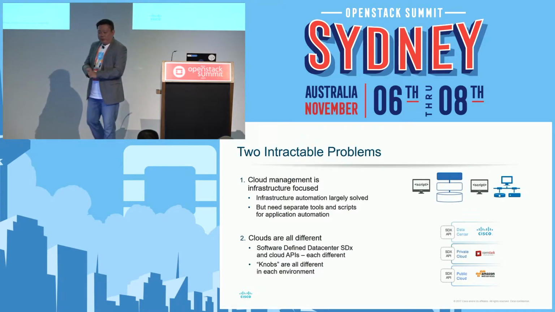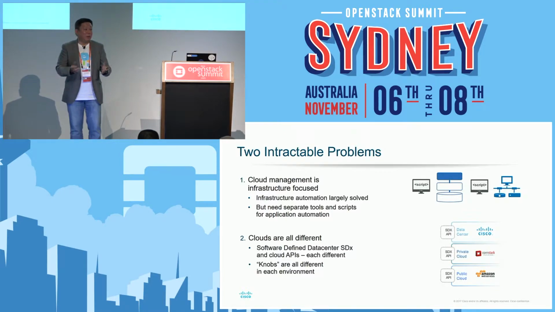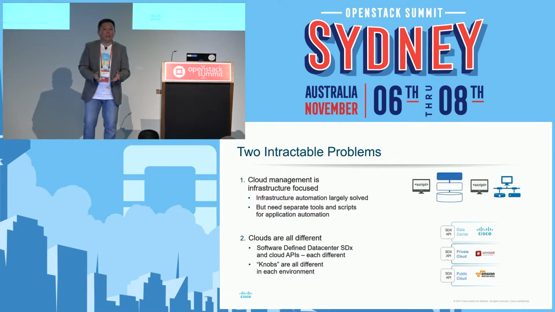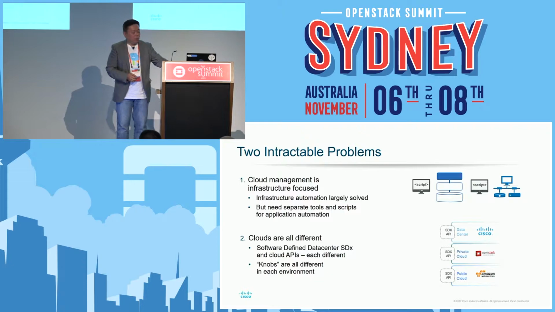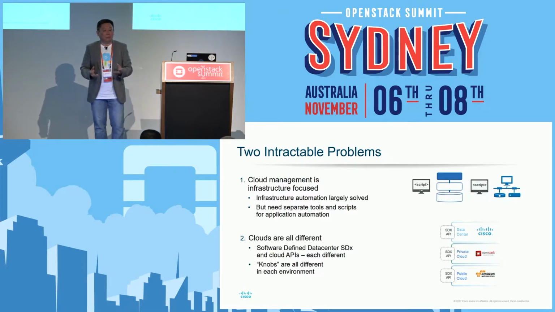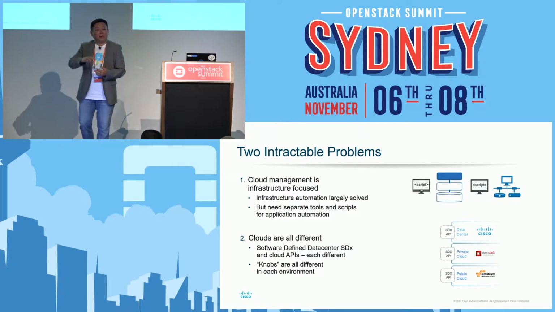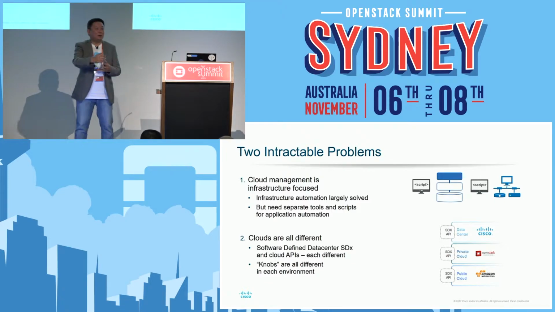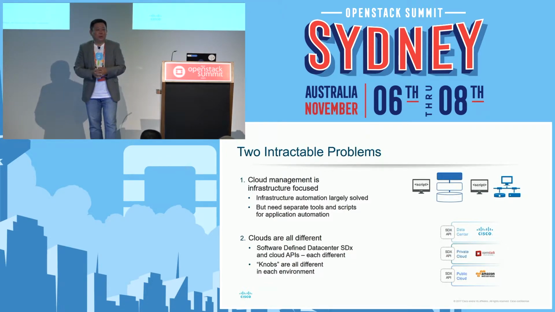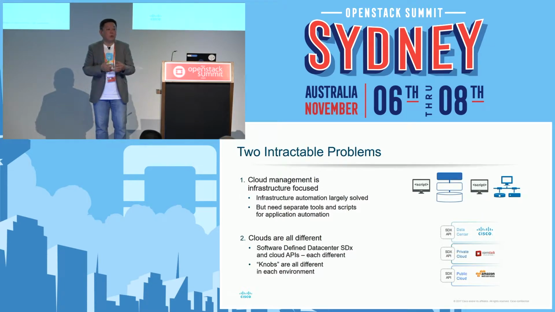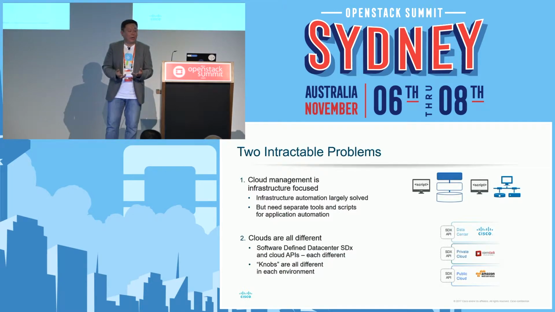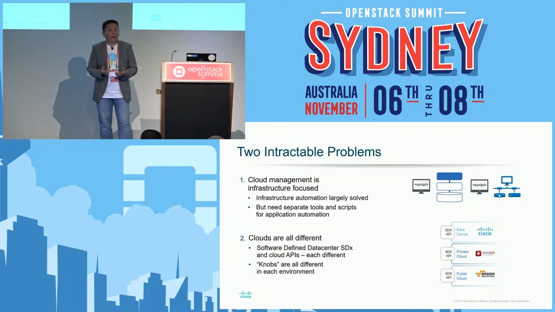The other thing is clouds are all different, as I mentioned before. Even the APIs are different. No one has gone in and said, I'm going to build an API across all of them. You see Amazon do kind of like Azure. You have Google kind of trying to do Amazon. But when you look at Alibaba Cloud, that's another one in the mix. There's going to be more coming as well. Even local cloud providers like Dimension Data, Telstra, for example, they all have different APIs.